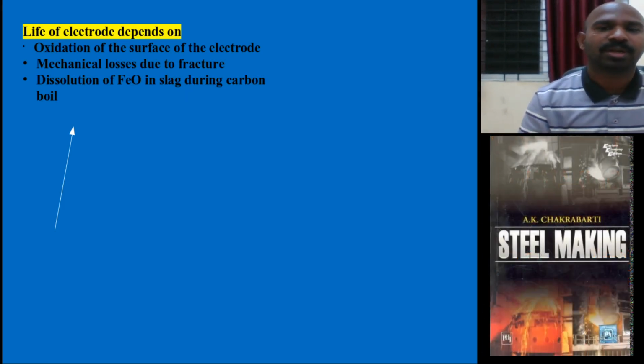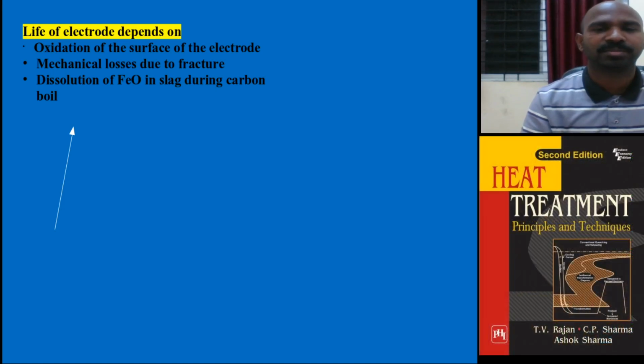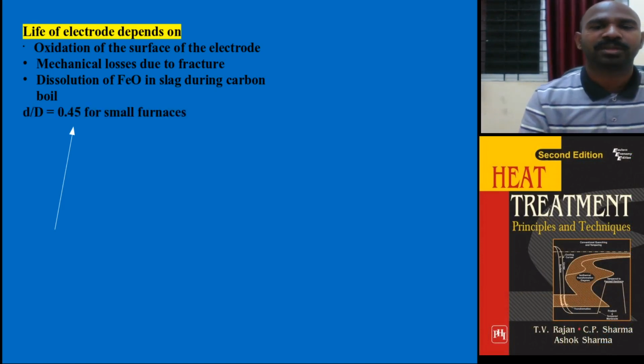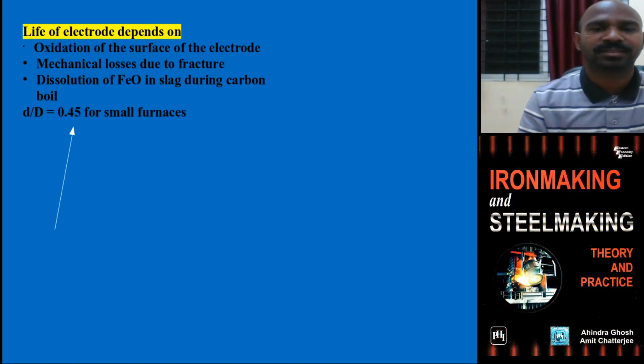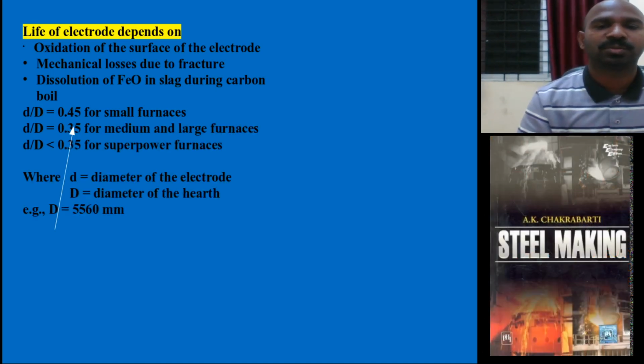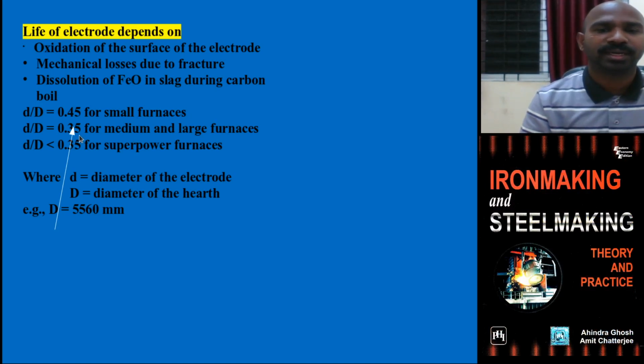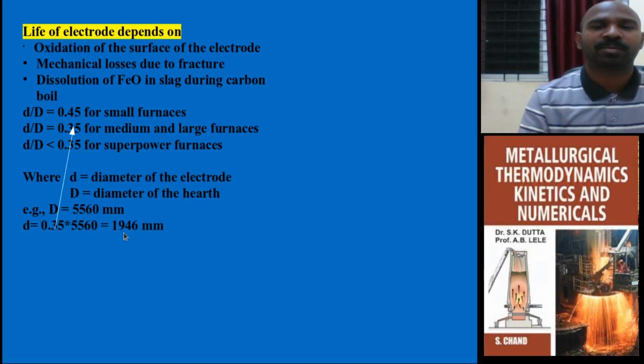These things come in contact with the electrode during the carbon boil stage. C goes to CO and it moves out of the slag surface, and the ratios are made for the electrode dimensions. D by capital D: small d is the electrode diameter, capital D is the diameter of the earth. If it is this ratio, it is called a small electric arc furnace. If this is medium, if this is super power furnace. For example, if the d value is this much and the earth diameter and the furnace will be this much, this is nothing